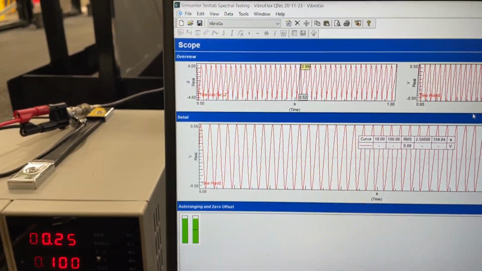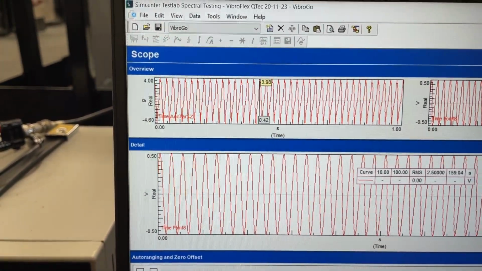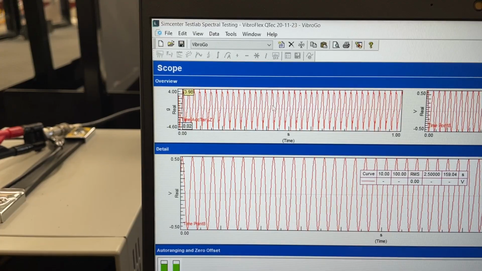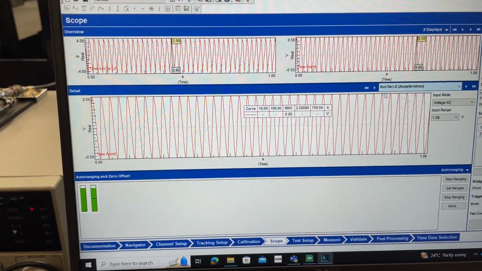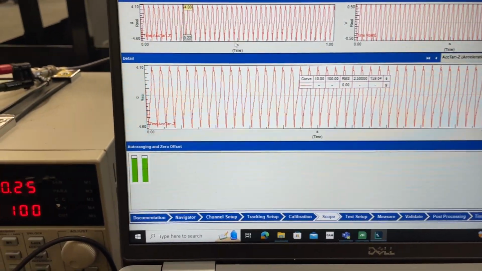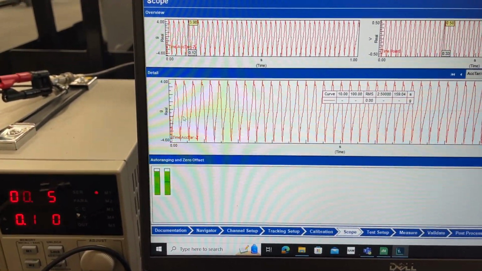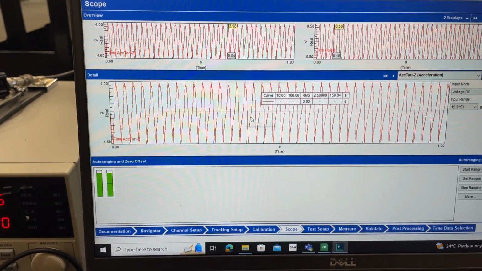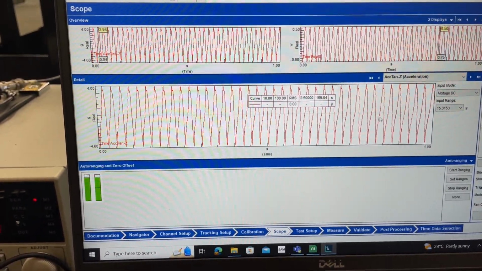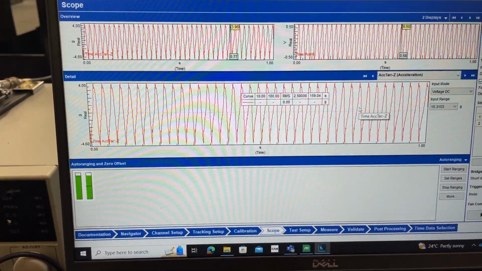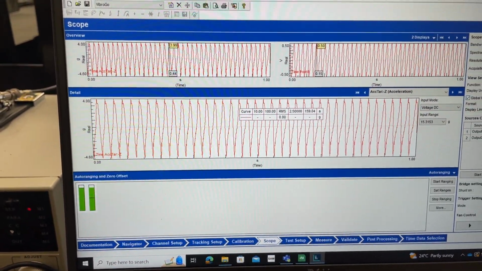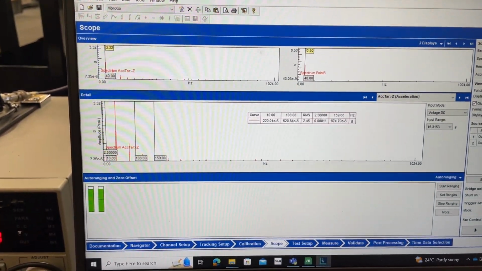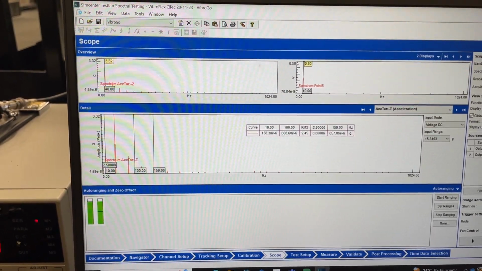If I, however, look at the output from the shaker measured by the accelerometer, which is on this mini view, and also I can change this view down here to show the output from the shaker in the time domain, it's a very horrible looking sine wave, very, very nasty looking sine wave, lots of distortion, still periodic. So of course if we look at the frequency spectrum, we expect to see a fundamental peak